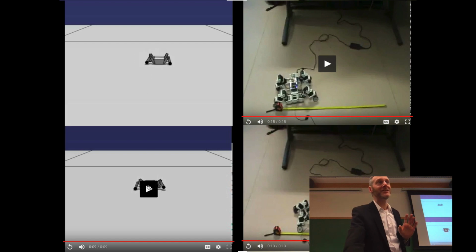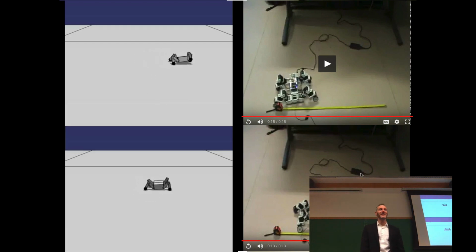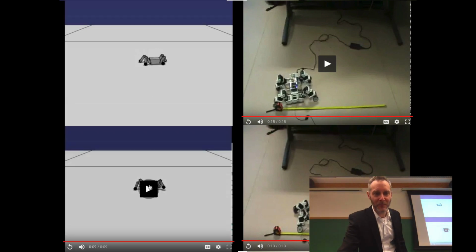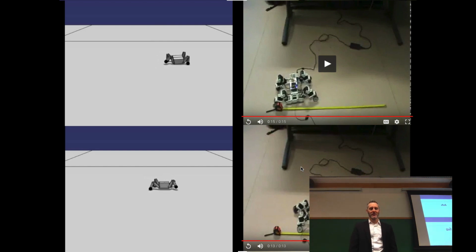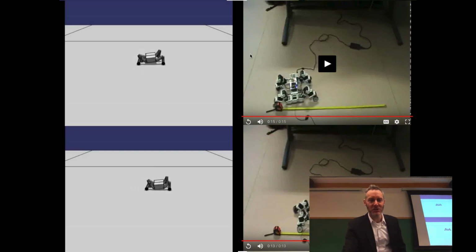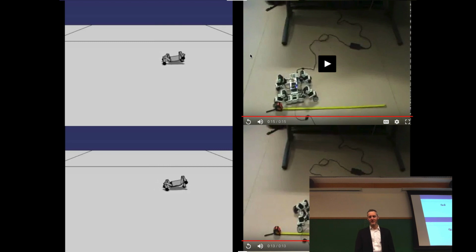Here's the controller that did not transfer well. Here's the controller that did transfer well. What's the difference? Looks like the top one actually, well, before it stopped, it looks like the top one was going further. Faster, like it optimized the simulation. It's a little faster, I think. Again, I'm not pressing play on both of them at the same time. Does the one on the bottom turn a little bit to the left as it goes? Does it turn a little bit to the left as it goes? Yes, a little bit more.